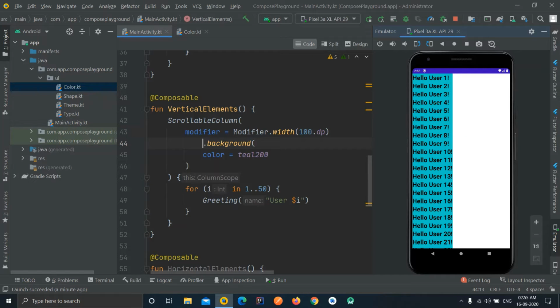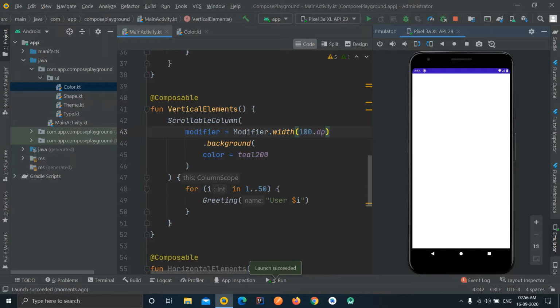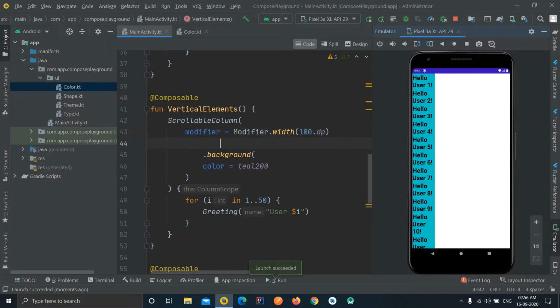So now what will happen is, we are hard coding the width as 100. So even if the 100 dp is this much, then it will just draw this much layout and will cut all the other elements. Or if it is this much, then it will draw this much layout of this much width. Now let's run our application to see the actual results. So yeah, you can see that the width is reduced to 100 dp, and 100 dp for this screen size is this much only.